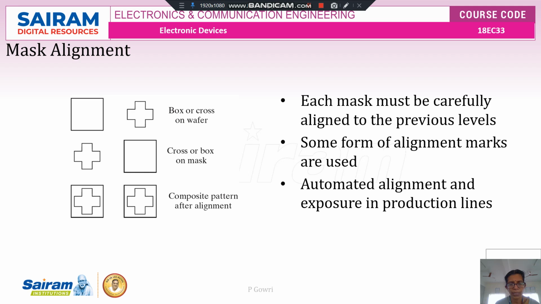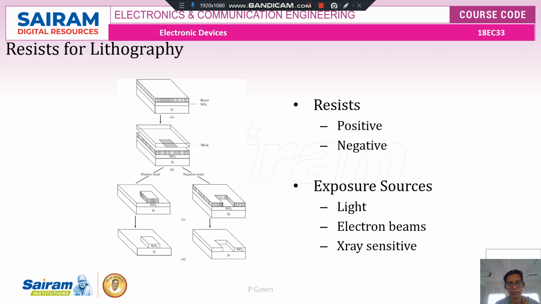So the alignment will be done automatically by means of a photolithographic component called the steppers. When it comes to the resist, there are two types. One is called positive and the other is called negative resist. In this diagram, we can see a silicon substrate which is coated with a silicon